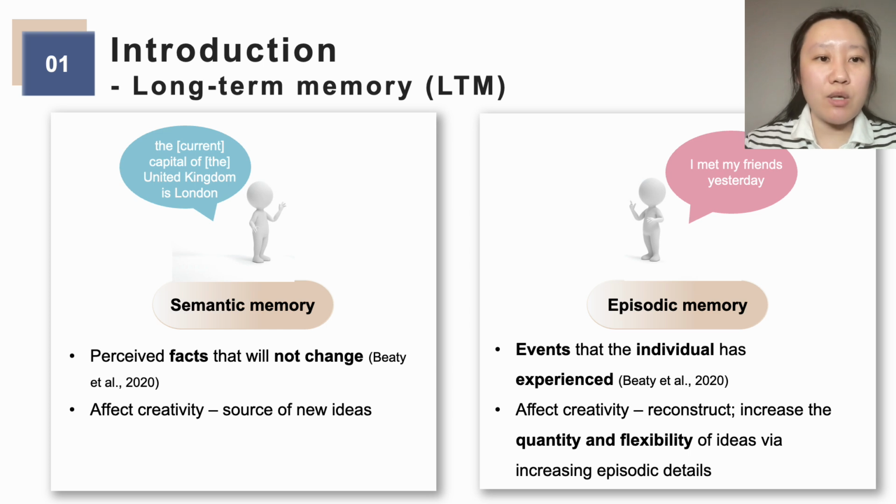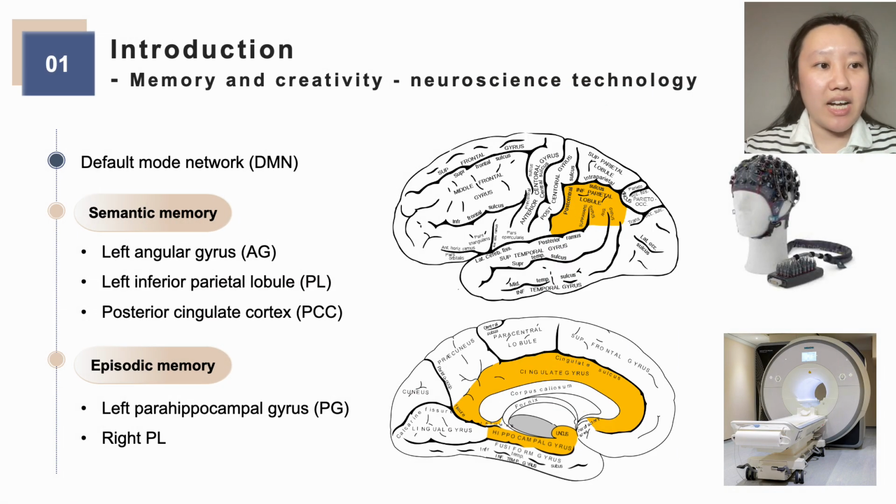However, we do not want to stop ourselves here. We want to dig more. We want to identify what the relations between memory and creativity are from the neuroscience technology level. Normally we can use EEG or maybe we can use fMRI to identify the relations between memory and creativity. EEG is a kind of device that can detect your brain waves, while fMRI is a kind of device to identify your blood flow and in this way to report your brain conditions.